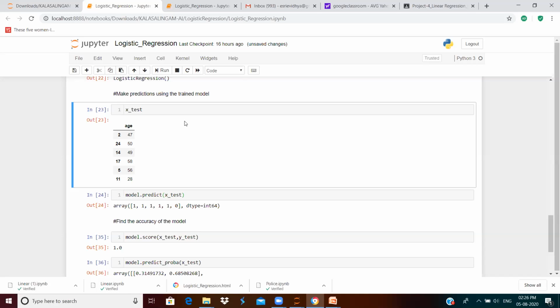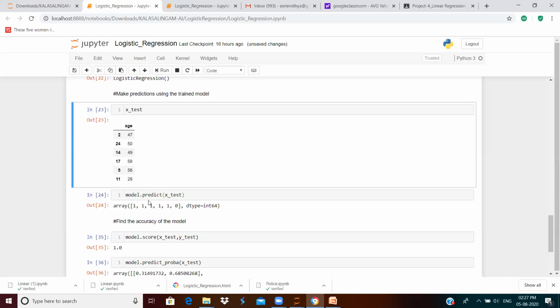Since we have called the train test split method with random state, the train and test data sets are changing for each execution. Not always will the model have the same set of values for training and testing, but the values will definitely be from our source data set.